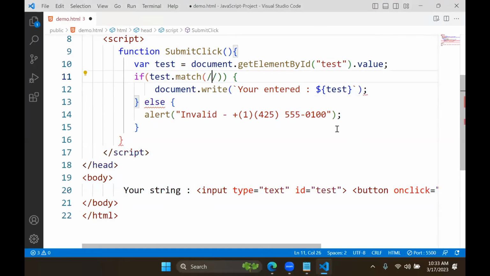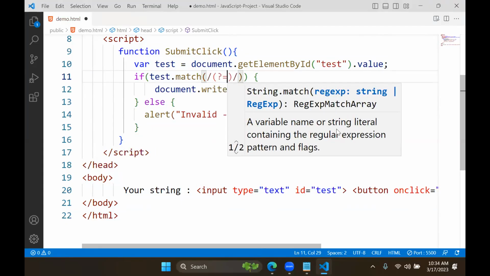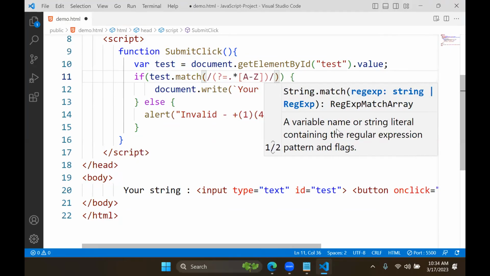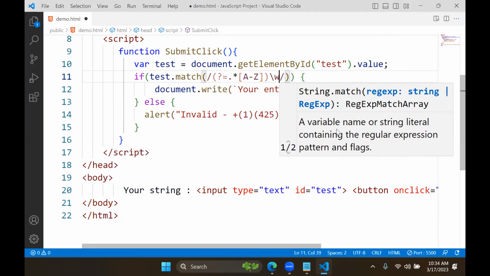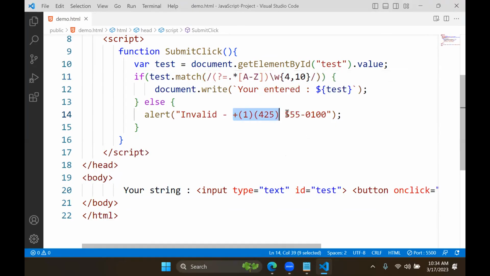What I am doing here is giving question mark equal dot star square brace a hyphen z, after that slash w and 4,10. What does this mean? That means a name of 4 to 10 characters with at least one uppercase